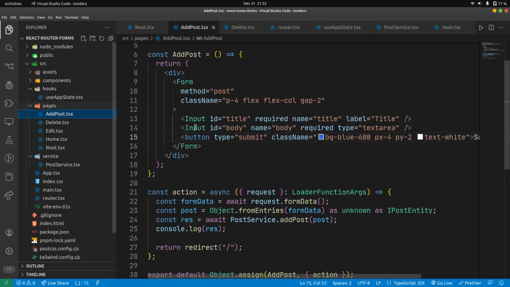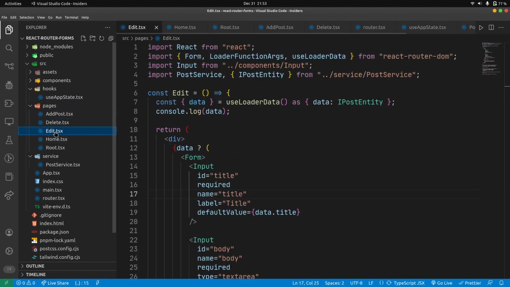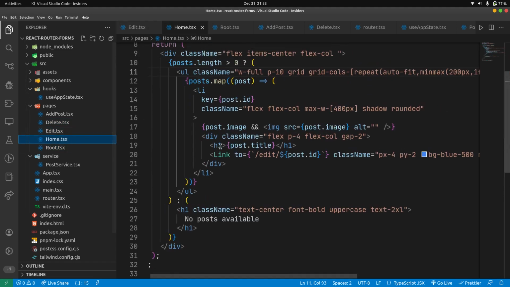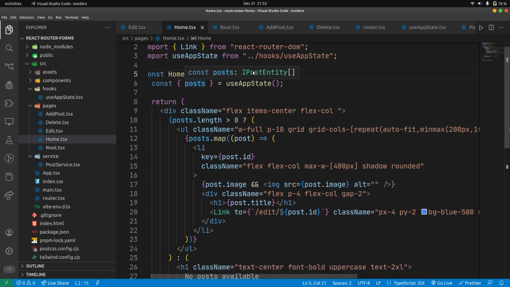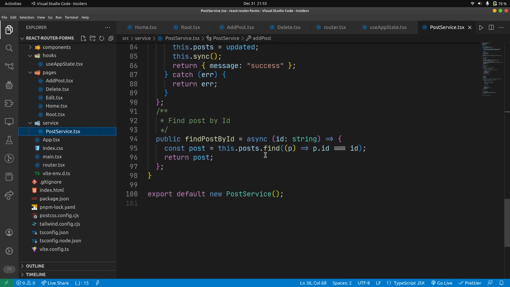So I have a page for adding a post, deleting a post, editing a post, and root, which wraps everything using that navigation, and the home page for just displaying the posts. So this delete does not work here. So you can see I'm using the use app state hook to get the posts, which is of the post entity. Here I just have a setup of the service that is able to